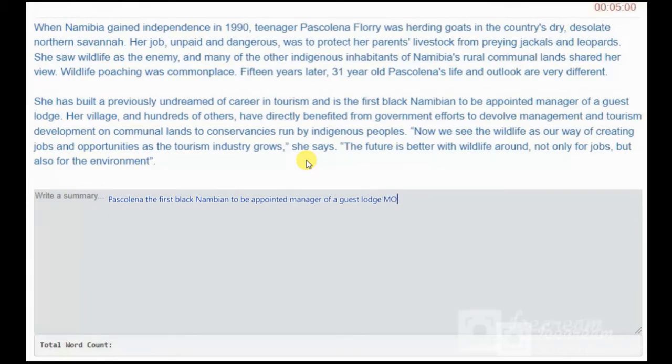Moreover, her efforts. Sorry, there is a spelling mistake in efforts. Now I am not able to edit it. Efforts directly